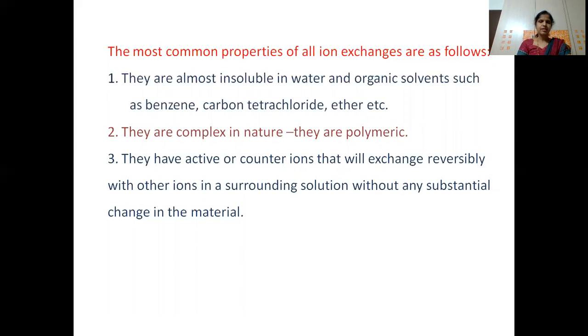So what does that mean is, all these resins, all these ion exchangers should contain counter ions, as I have shown you, in the anion exchangers and cation exchangers. Cation exchangers will generally have Na+, sodium ions, which are counter ions which can be exchanged. So all these ion exchangers should have these counter ions, which can be exchanged with the ions present in the solution, but without change in the material. There won't be any change in the material we have used.